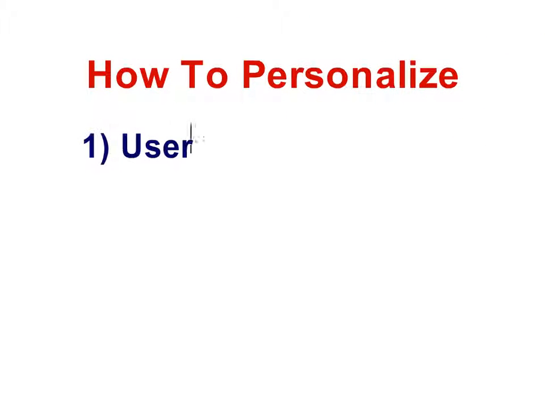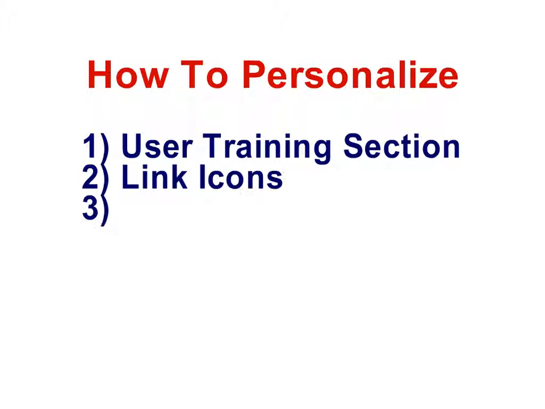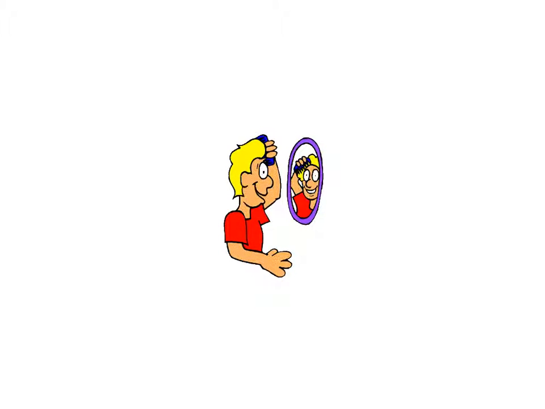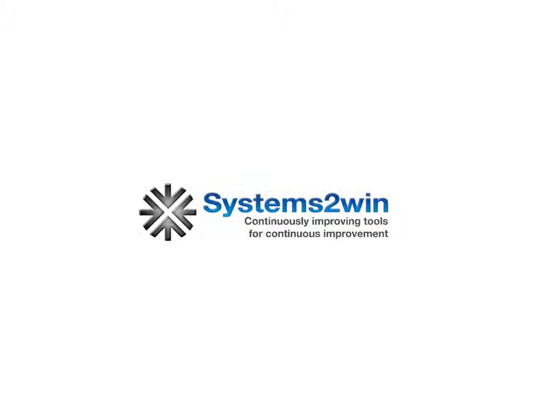Now we have other training videos that teach your leaders how to optionally personalize your master templates in ways that your personalizations are automatically found and transferred every time that you upgrade your new templates. But that's the topic of another video. The purpose of this video was all about you, the end user, and you should now know what you need to know to find help for any of your 150 plus Systems to Win templates for process improvement.